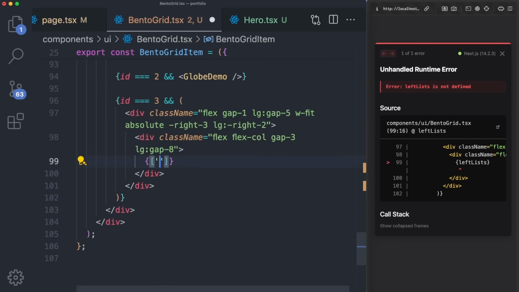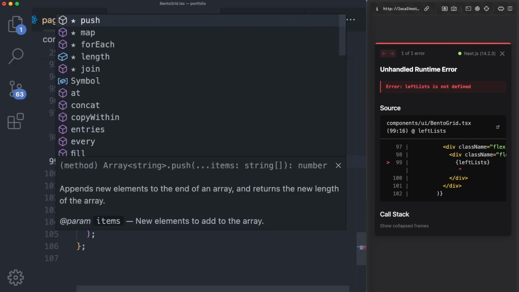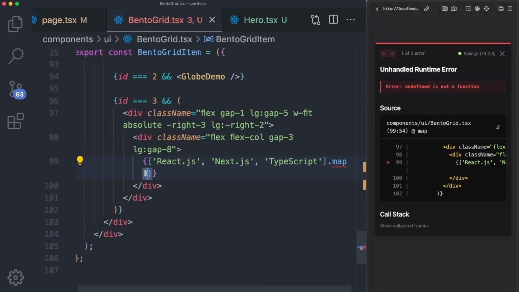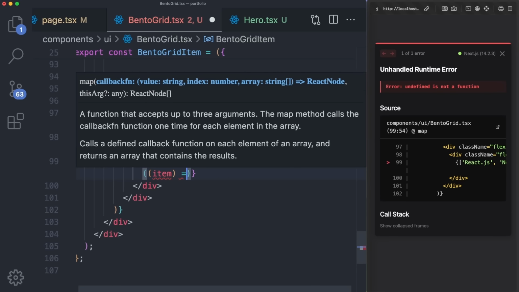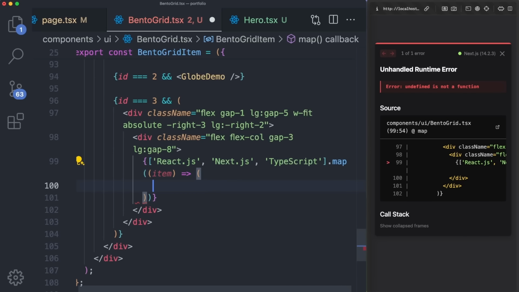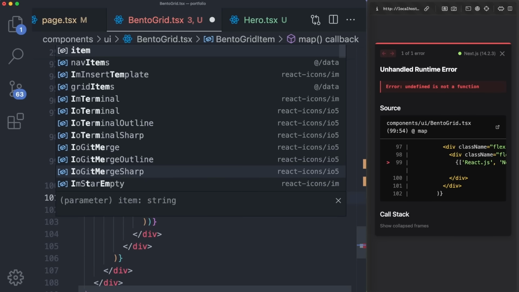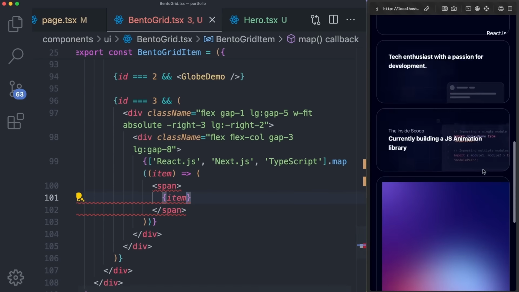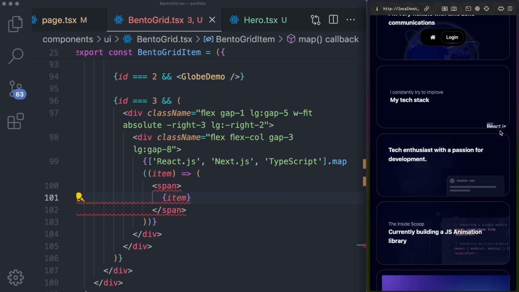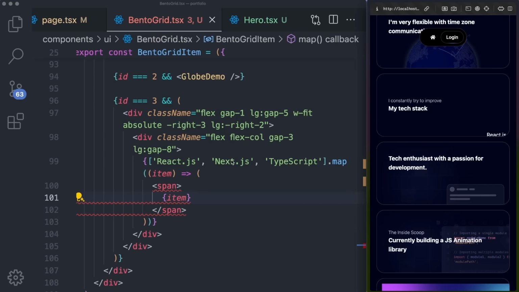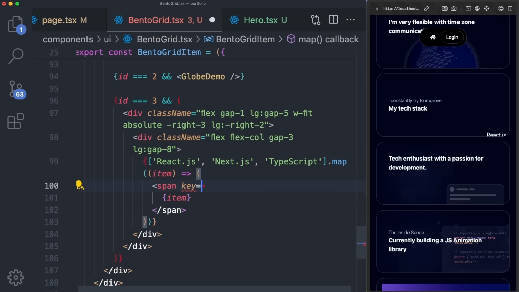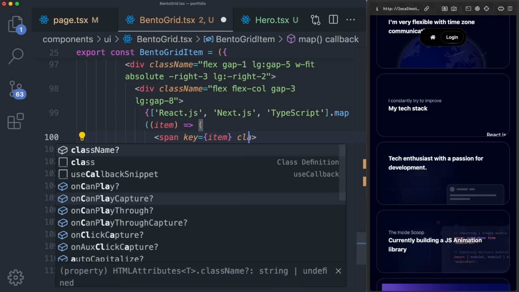So you can do an array of something like React.js. We can also do something like Next.js and maybe something like TypeScript. And now we can map over those by saying .map, where we get each individual item, and we can simply return something like a span for each one of these, like this. So if you scroll down, you should be able to see React.js, and then the others are cut off, but they're here. We can also give this span a key equal to item, and we can give it a class